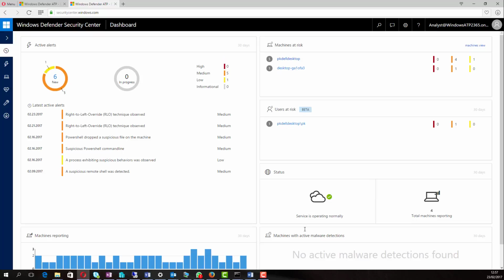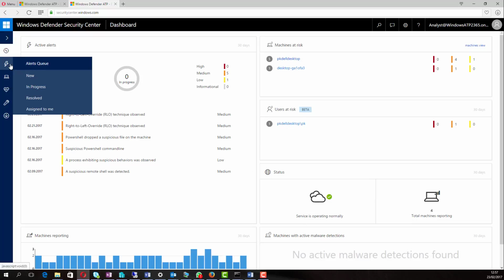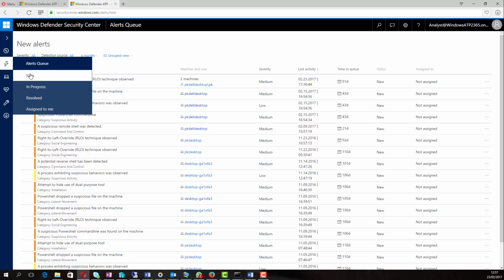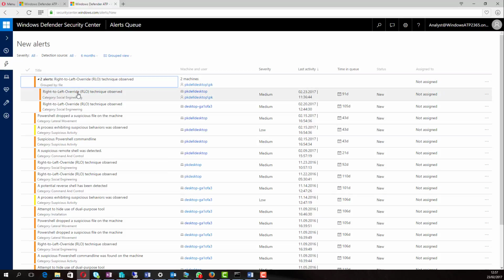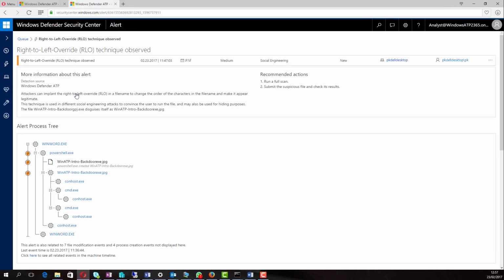So let's just pivot into an alert view. Let's look at new alerts that have come in. And you can see here that what's known as a right to left override has been observed. It's been observed on PK Dell Desktop. So if I just expand it down and expand into the alert,